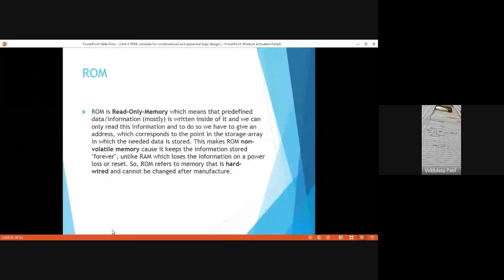So this makes this ROM non-volatile memory, because whatever information is stored remains as it is. We are not going to change that information. Okay, so that is why this ROM is a non-volatile memory, and unlike RAM, which loses the information